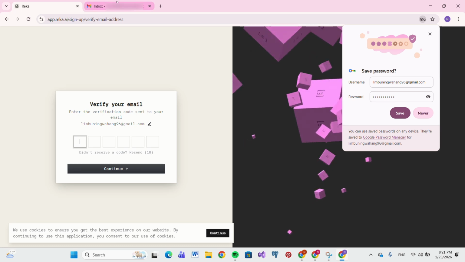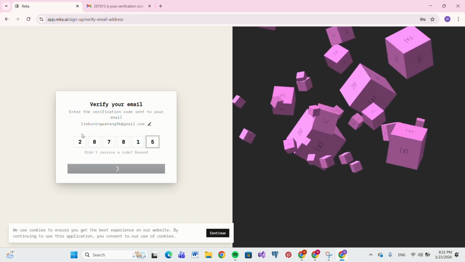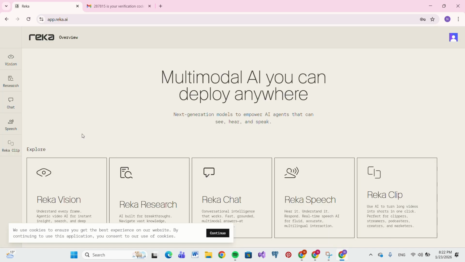So open the Gmail address and open the inbox sent by the Reka and make sure to copy the code, paste it in the verification field. Once entered, the verification process begins automatically. After successful verification, you will be redirected to the Reka AI dashboard, and that's how you can create a Reka